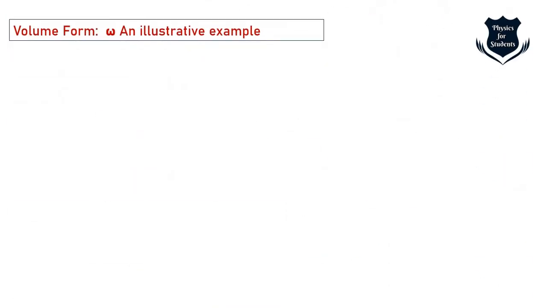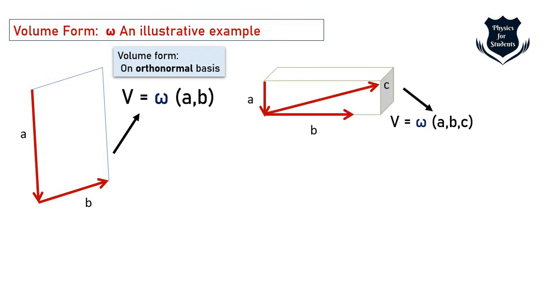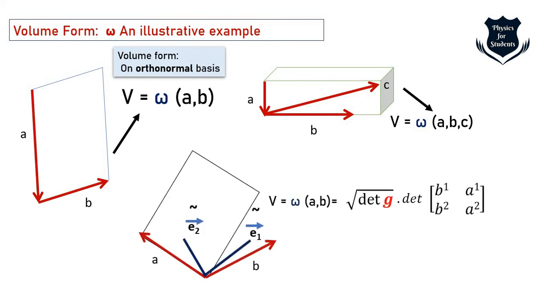Now I would like to give you a basic illustrative example of volume form. So here is a parallelogram. This is A and B, these are the two vectors, so the volume would be given by the volume form omega acting on the vectors A and B. Similarly, the volume of this cube is given by omega times A, B, C, which are the three vectors occurring in it. Now say we have two vectors A and B right here, and written in terms of